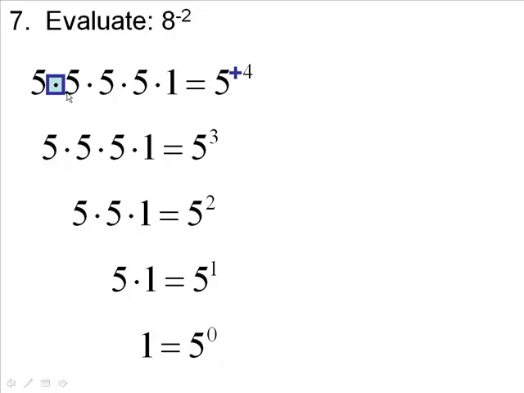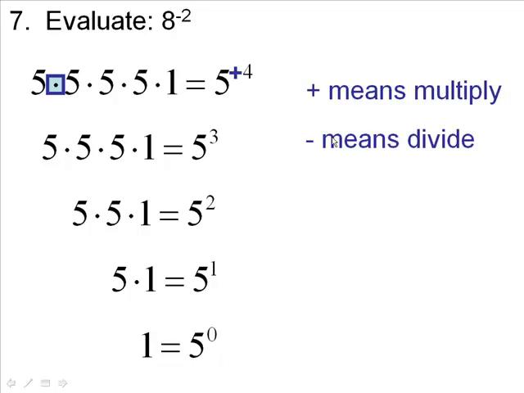So we would say, with a multiplication here, that plus means what? Multiply. Now I know some of you thought that plus meant to add, but we're talking about exponents here. When you have a positive exponent, we are multiplying over here, aren't we? Now, if a positive exponent means we're multiplying, what would a negative exponent mean? The opposite of multiplication is what? So now you're saying that minus must mean divide. Because if plus means to multiply and minus is the opposite of that, then we're going to be dividing